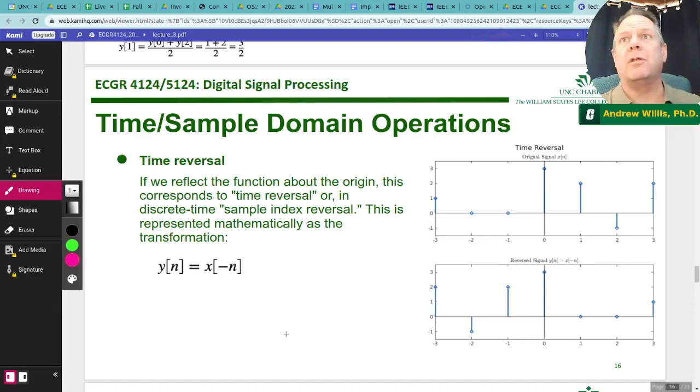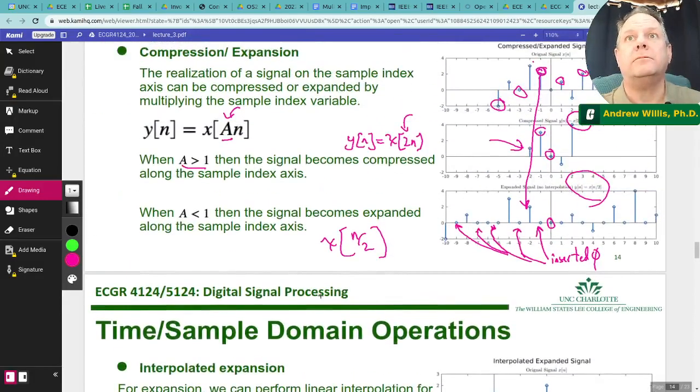I have a quick question. Right there, you said make the odd ones 0. When would you do the interpolated expansion, where you find the average between the two? In certain circumstances, we might ask you to fill in those 0 values with some kind of convention. One convention is linear interpolation. So in linear interpolation, you are basically saying,